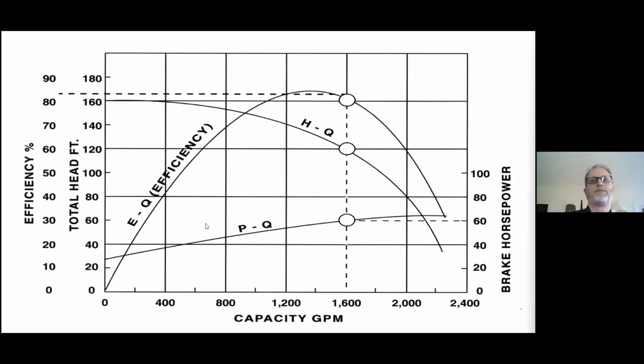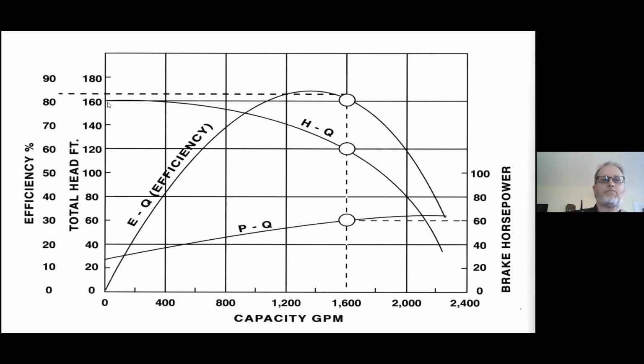So here's another example of the curve where this is an American one, so you can see total head in feet and gallons per minute. Just looking at the HQ curve here, this pump at 120 feet will pump 1,600 gallons a minute, but only at 120. If you need it to pump 160, well then you better have very low capacity, maybe 800 gallons a minute. Even that's getting dicey, right? And you can see as you move closer to zero, yeah, it'll pump 160 feet, little lift, 160 feet,